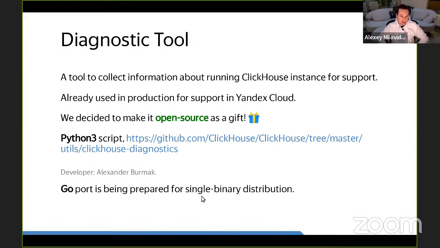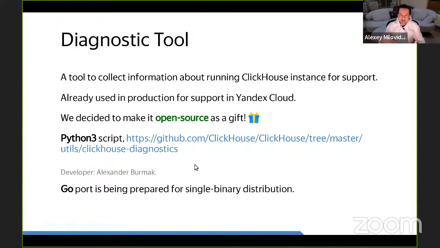Now it is available in our repository inside utils, ClickHouse Diagnostic. It is just one script, one file, a Python 3 script. You have to install some dependencies and run it. It will collect the whole diagnostic report.